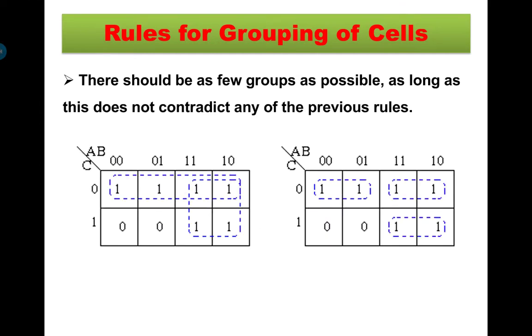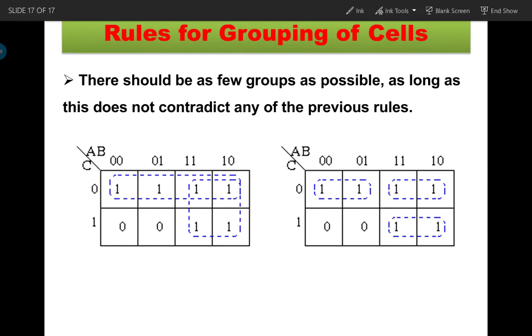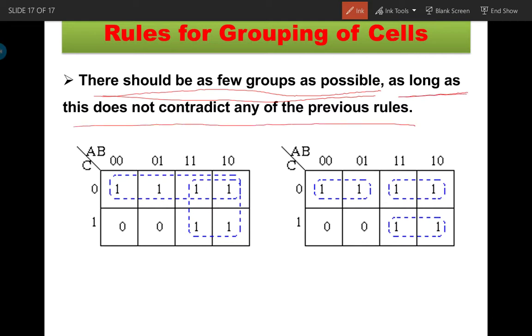One more rule remains here, that there should be as few groups as possible. Okay, that is opposite to that group should be larger. Okay, so other way to say is that there should be a few groups. जितना बड़ा group बनाएंगे उतने ही कम group बनेंगे, right? So that is the other way to say, as long as this does not contradict any of the previous two. So group कम से कम बनना चाहिए, और जितने रूल हमने किए हैं वो सारे के सारे रूल ध्यान में रख के इनको बनाना. Okay, so these two examples we have already seen, right?